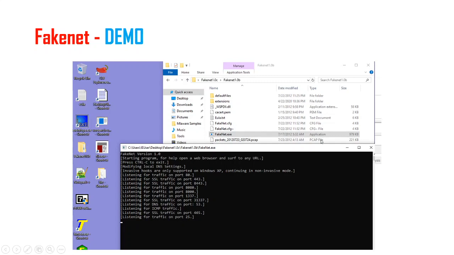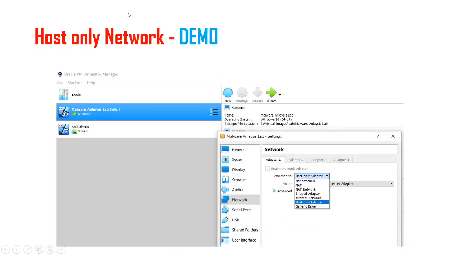The third demonstration is FakeNet. FakeNet is a tool that will make the malware believe that it is actually communicating with the internet, right? If I am using the host only network, then there will be no internet in your virtual machine.